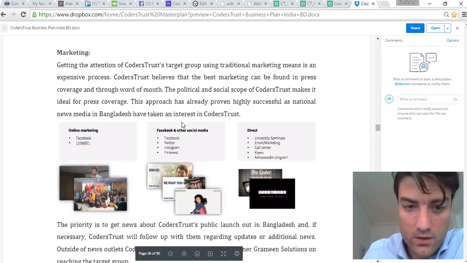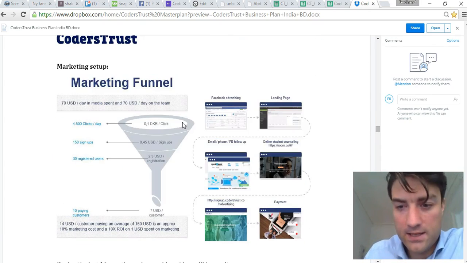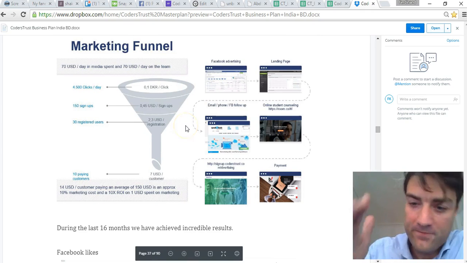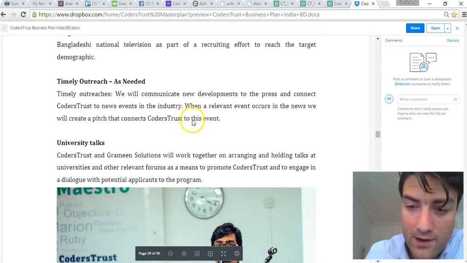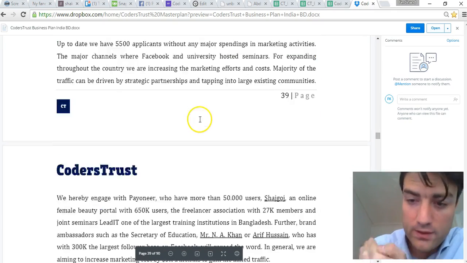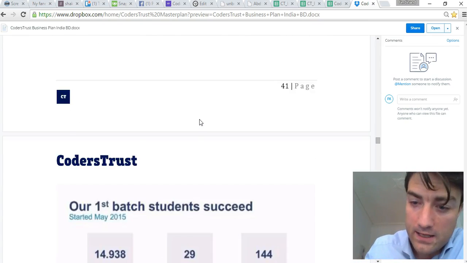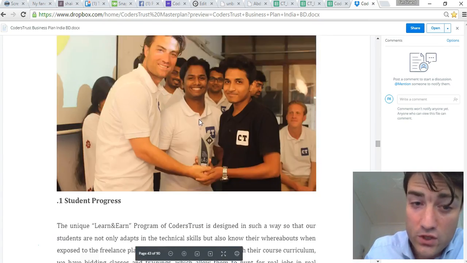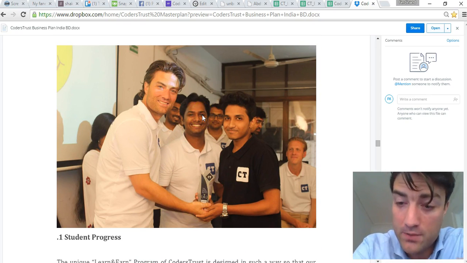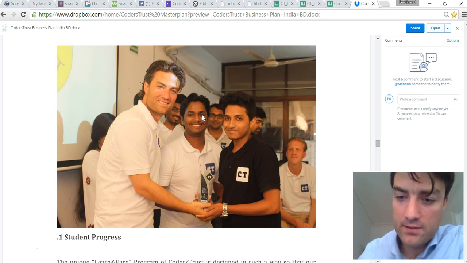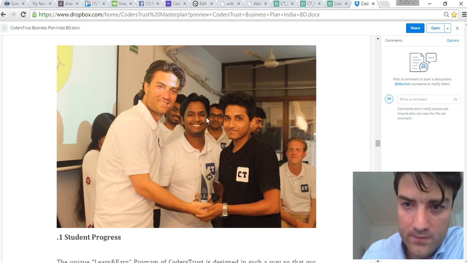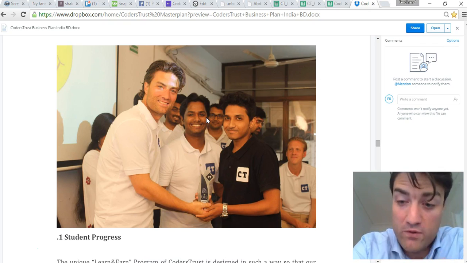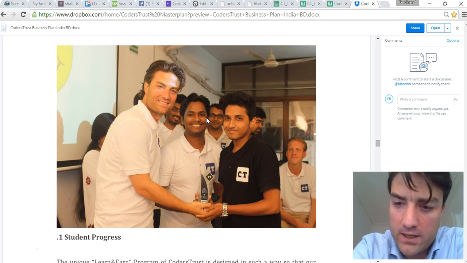Then of course there's something on the work side. Then there's the marketing that I already showed you. And from here there's a business case for CodersTrust Global in terms of our graduate program and how we deploy people. And then at the end there's a business case for the individual companies, so CodersTrust Bangladesh and CodersTrust India, and now CodersTrust Kenya, managed by Leo at the moment, who will go there in 2 weeks. I'll make sure to provide you the links in this doc,